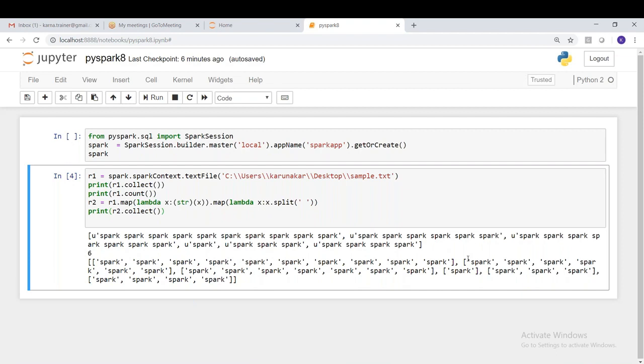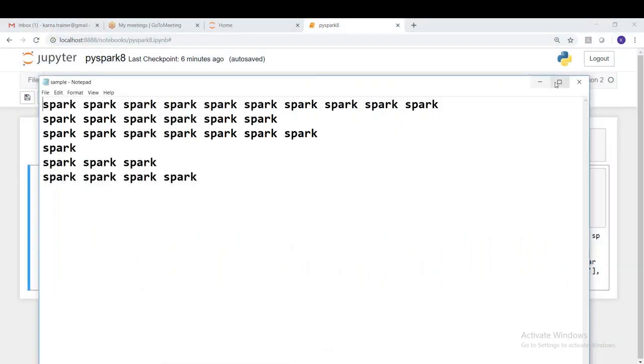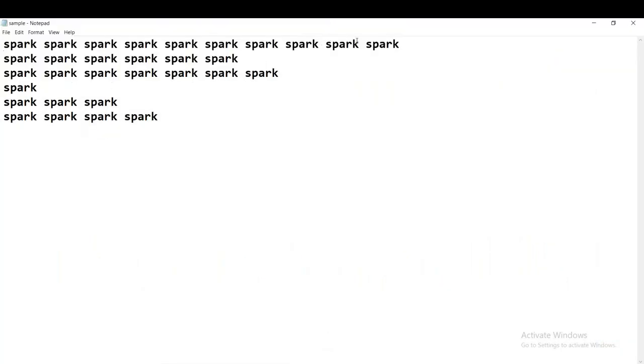Suppose you want to see the number of words in each list, so what is our target, guys? Here the goal is, see here. In the first line we may have some 10 or 15 words. In the second line we have some 6 or 7, 8, something like 1, 3, 5, 4 words.